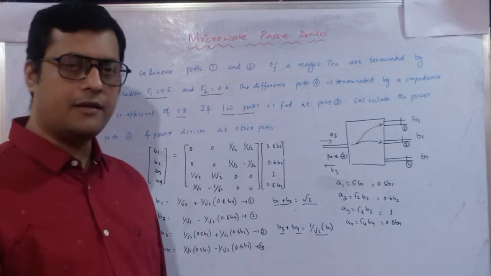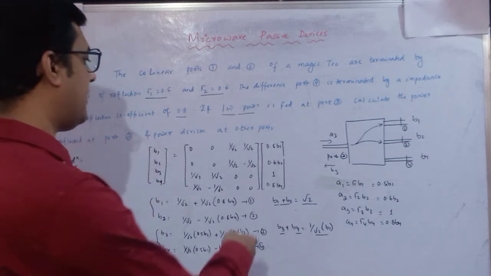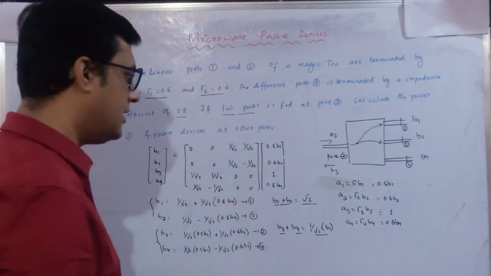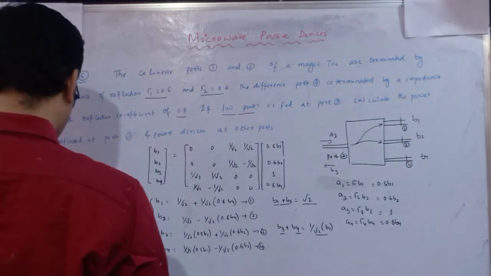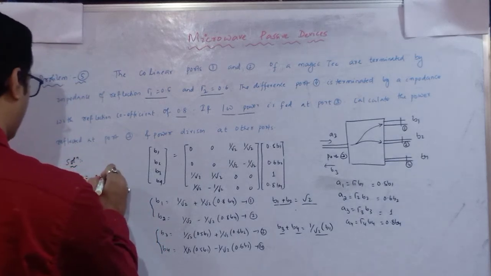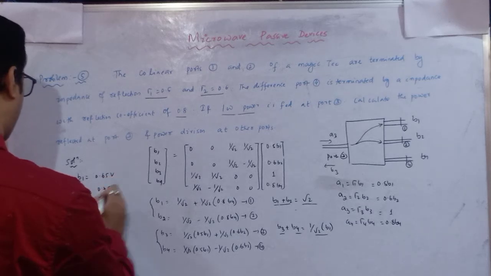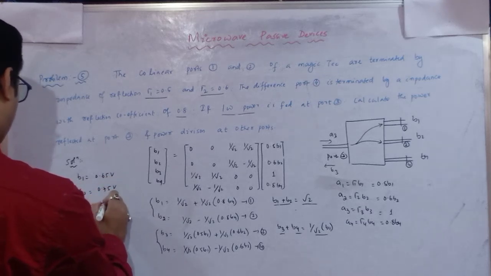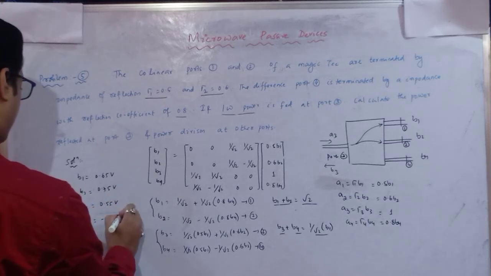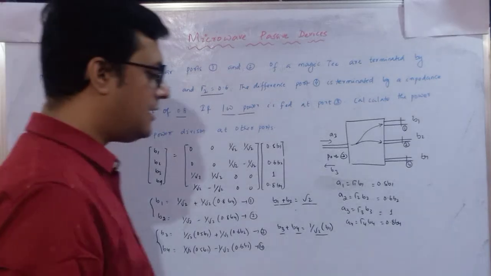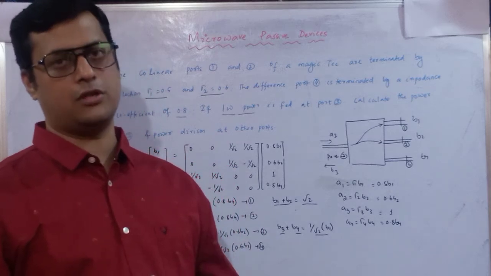Unknown factors can be identified with the help of Cramer's rule. Okay. And in that rule, the unknown factors B1, B2 and B3 can be identified. So using this rule, I am directly writing what the B1 value is. B1 you will get 0.65 volt. B2 you will get 0.75 volt, B3 is 0.55 volt and B4 is minus 0.0893 volt. So these are the reflected potentials available at port 1, port 2, port 3 and port 4.